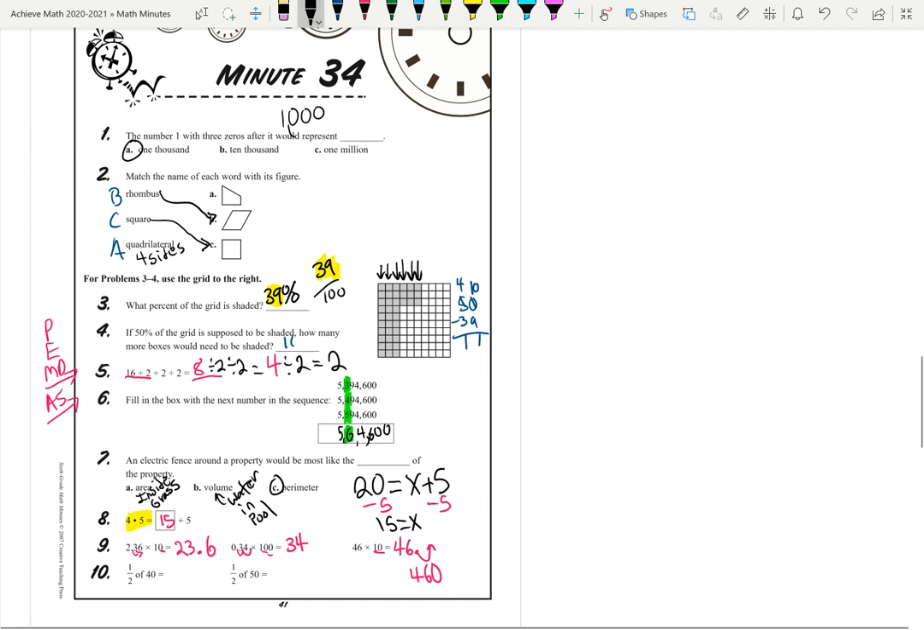What is half of 40? Just look at the front number. What's half of 4? 2 with a 0. What's half of 50? Well,